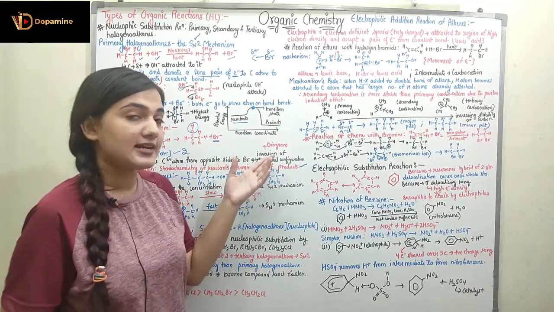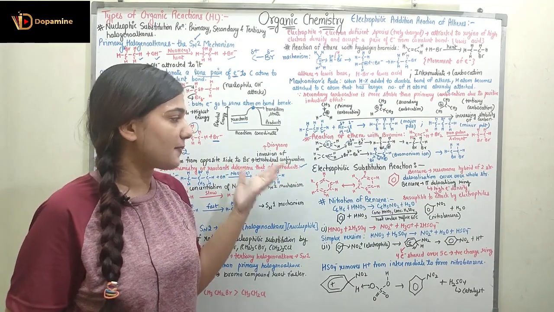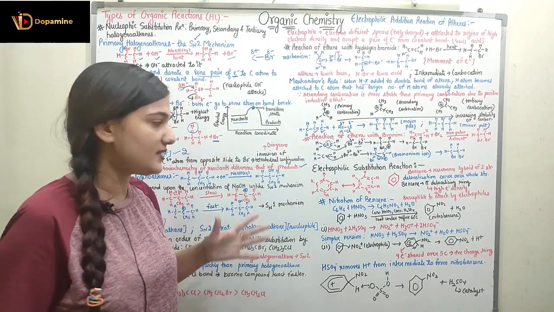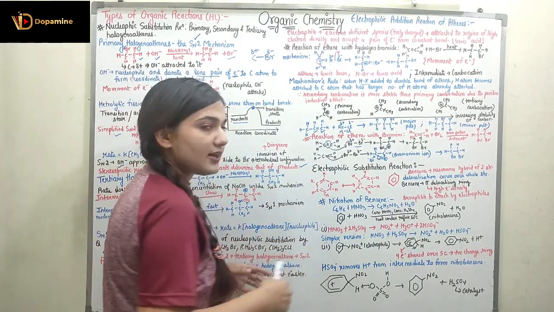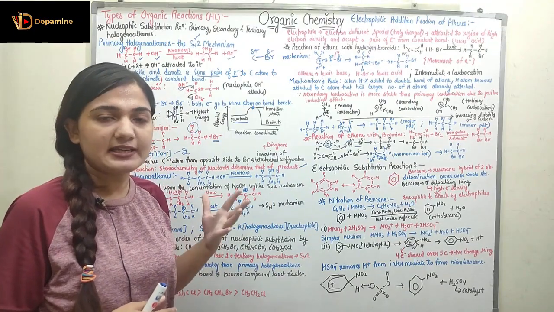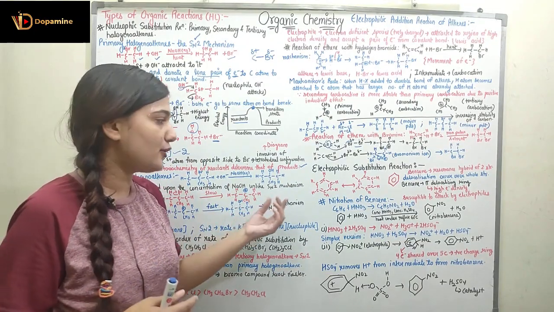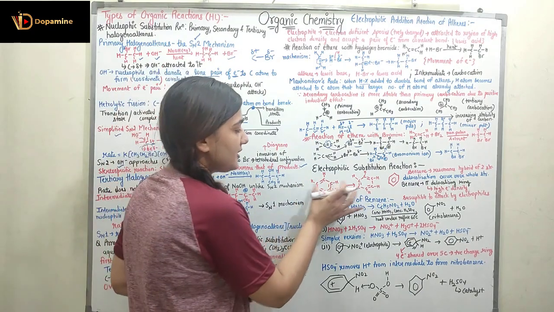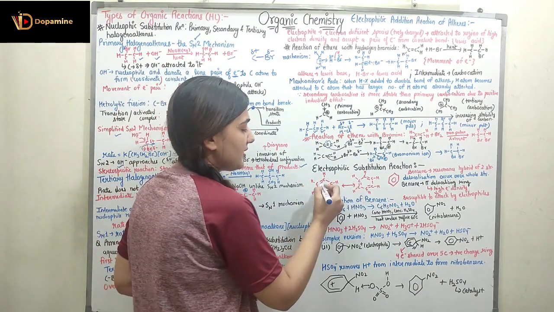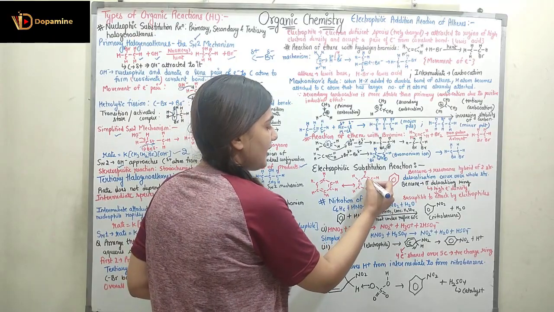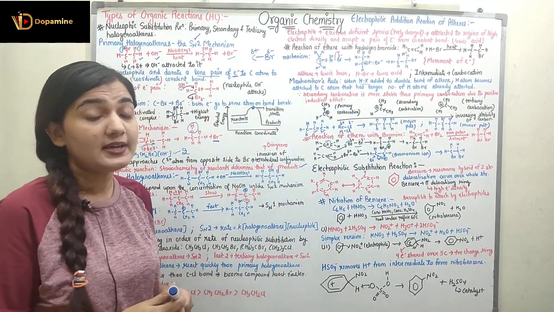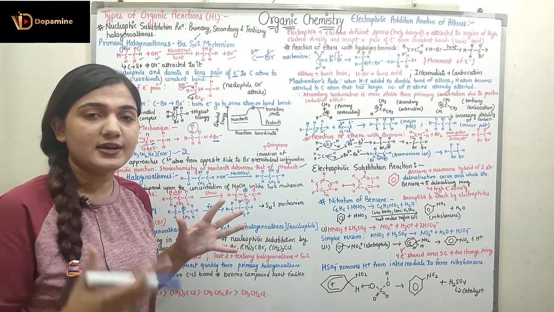Now coming to the next reaction, that is the electrophilic substitution reaction. You can understand this with the help of benzene. Benzene is this structure. Here we have 3 double bonds and 3 single bonds, but as I have already told you, we are not considering these double bonds, right? So here you can see these are 2 structures of benzene. Here we have the double bond and here we have the double bond at a different location and single bond at a different location, but we are not having a separate double bond and single bond.